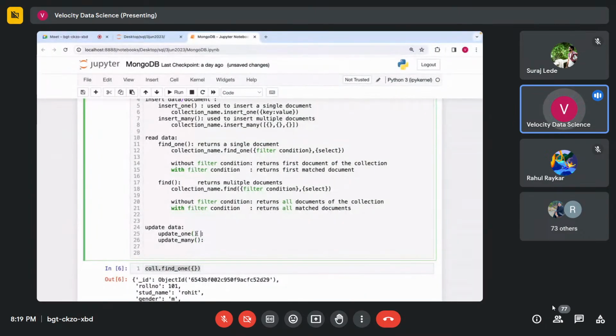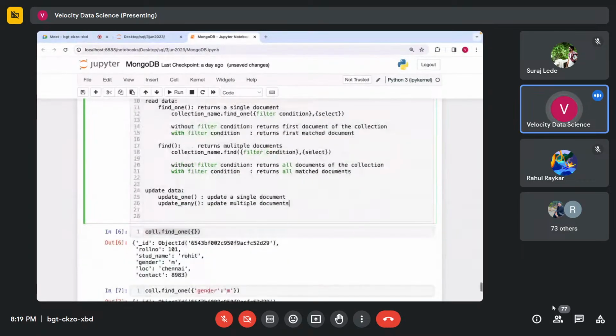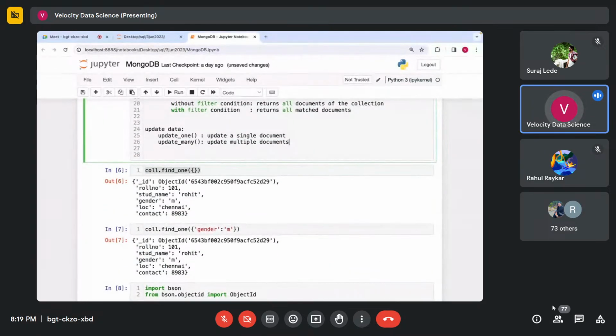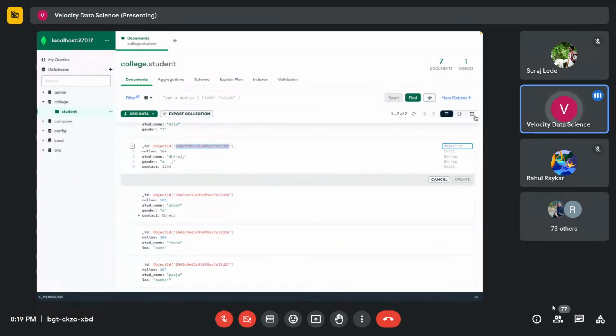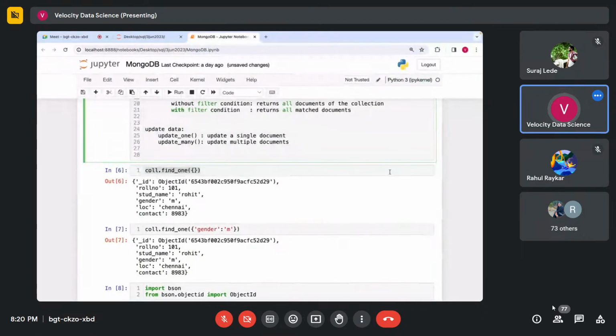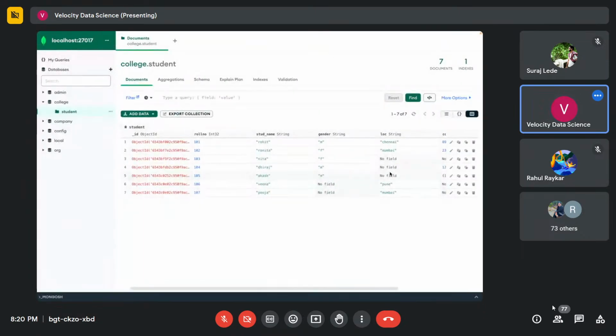Again, this update one helps you update a single document, whereas this update many function helps you update multiple documents. So with the help of this update one and update many, you can either update a value of an existing key, किसी existing key का value हम update कर सकते हैं, या फिर we can also add a new key to these documents. So if I have to